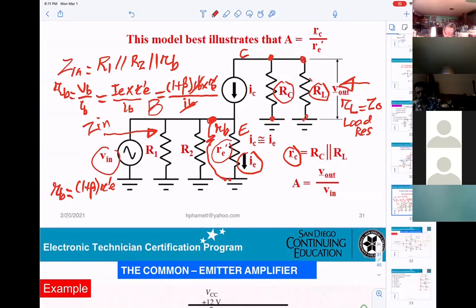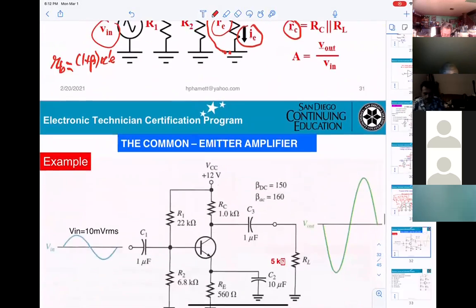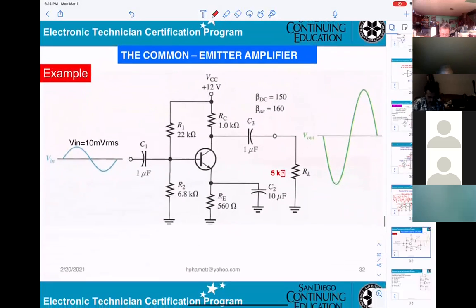But try to understand, this is the formula to calculate the input resistance of the CE amplifier. And if you want to calculate the gain, then it will be V out divided by V in. On this one, okay,